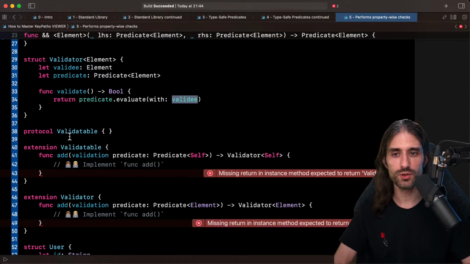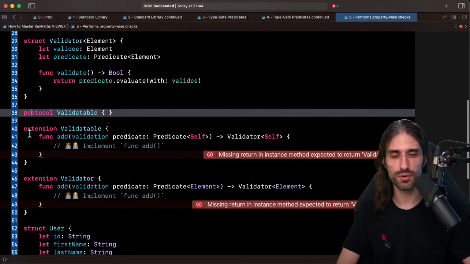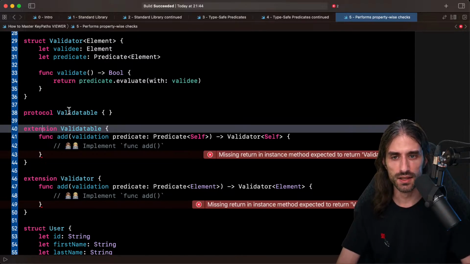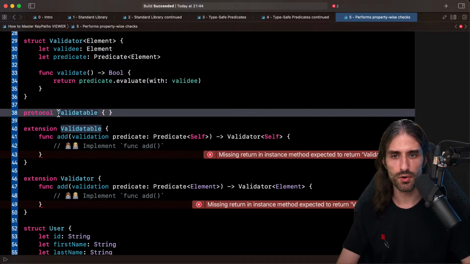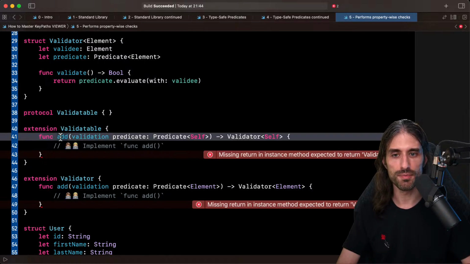And then we're going to create a protocol Validatable that will be implemented by the types on which we want to be able to add predicates and then evaluate them. So once we have this protocol Validatable, we're going to want to have a method that will allow us to add a predicate on an instance that is validatable.